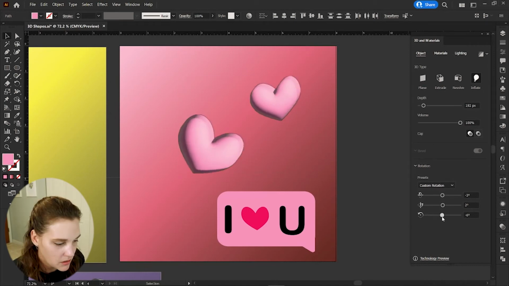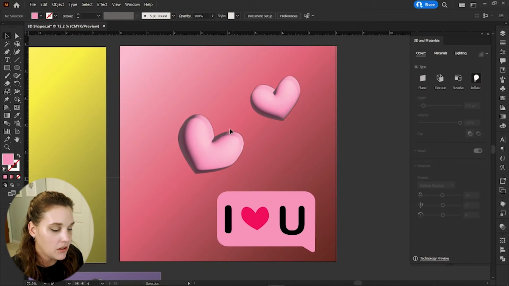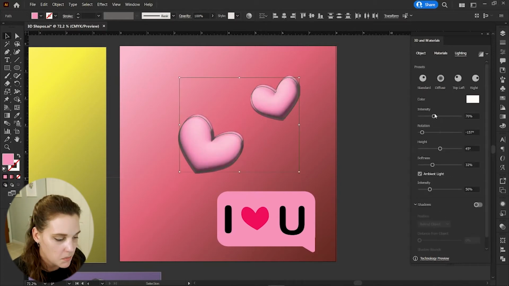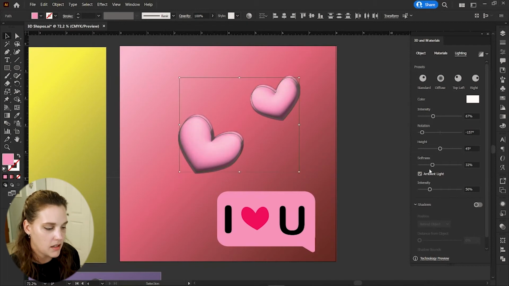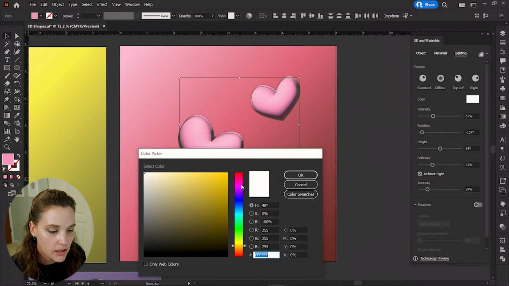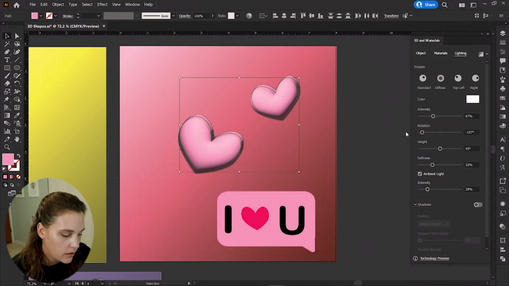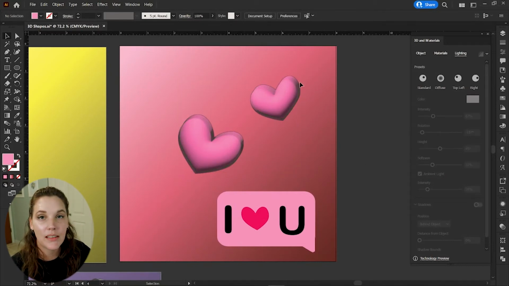Oh, they can rotate and revolve. That's really quite cute. There we go. So they kind of make it look like little balloons. For the lighting of these, let's put the lighting to about there. Make the intensity, let's make it about 67. And we can even go in here and change the color of our lighting. So I can make it a light pink if I want, just to add to the cuteness that's going on